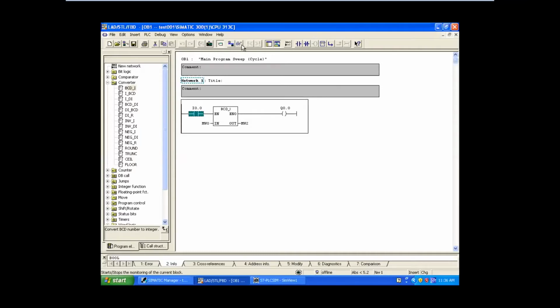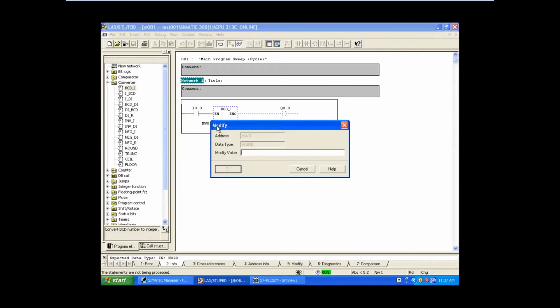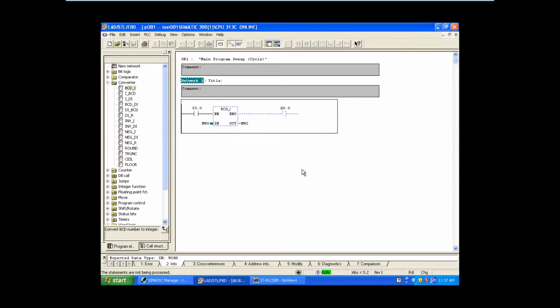In the previous session, for the comparators and arithmetic functions, we were giving the values by changing here, correct? We were giving the values by right clicking and modify, correct? Suppose I want to give the variable, see, it will not accept the binary values here. Previously, for the comparators and arithmetic functions, we gave the values directly in this option. But since it is BCD, I cannot give it in this place.